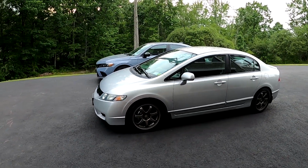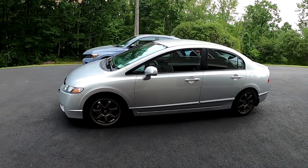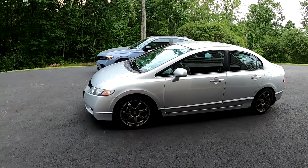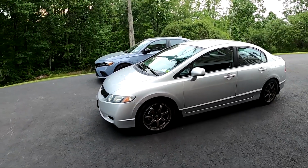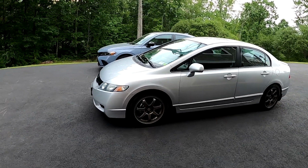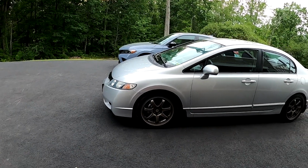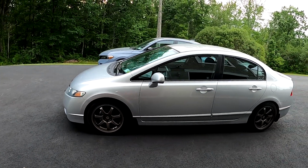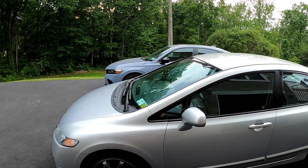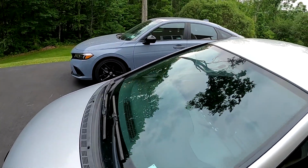The overall flow of the body lines on the 8th gen here, I do actually prefer. I think it looks more sculpted, more aerodynamic, and it flows from front to back a little smoother. You can see the hood is significantly shorter than the new car, and your windshield as a result is at a much lower angle, so the windshield itself is very, very long